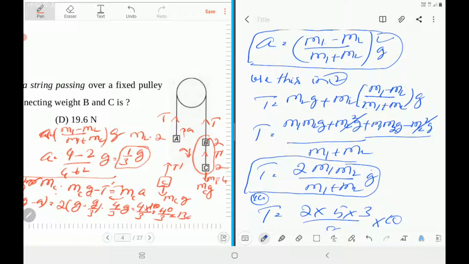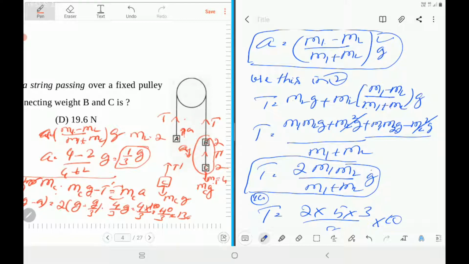So almost similar. We have found, taking these two masses together, the acceleration, because all the three masses move with an acceleration a, but with acceleration a up for mass A and down for B and C. The value of acceleration is m1 minus m2 divided by m1 plus m2, the sum of the masses of these two on the right side system and m2 on the left side.